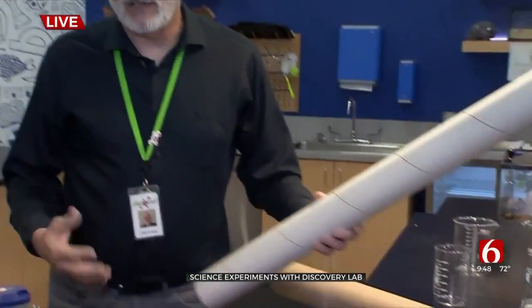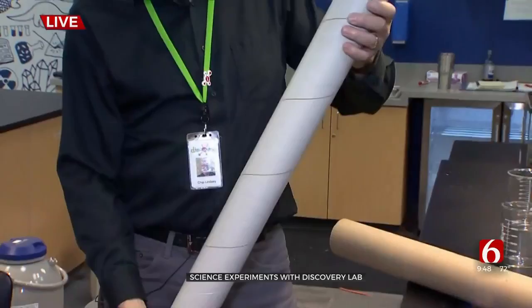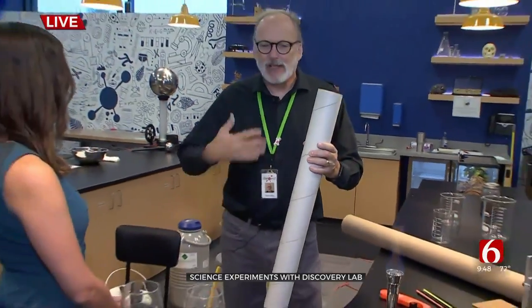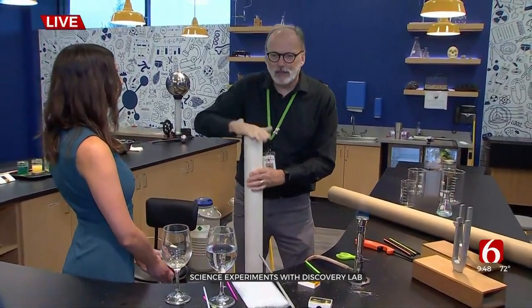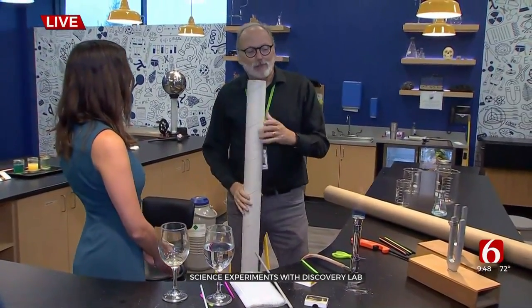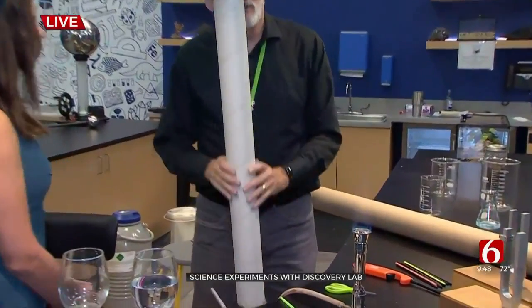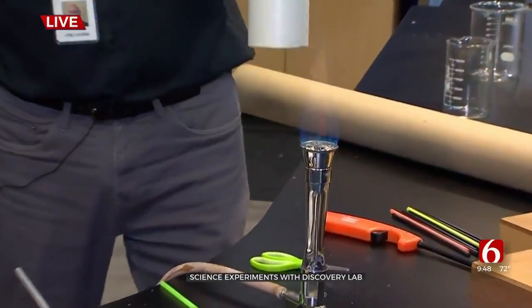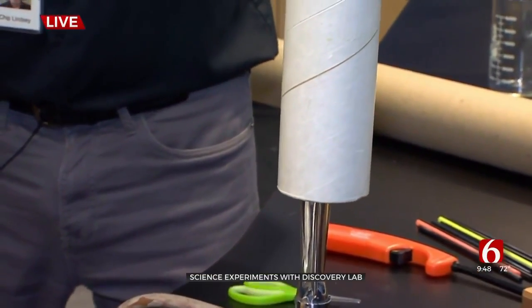Now, here's the cool thing. Not all stuff has to be solid in order to sing. So if you think about this rod being a gas, how do you get a rod of gas? Well, inside of this tube is a tube of gas. It wants to vibrate at its own frequency, and we can kind of hear it if you pat it. Oh yeah, I kind of hear a sound. But you can use a flame from a special kind of burner. This is a Meeker burner. It's got a really flat surface, and when you put the tube over...